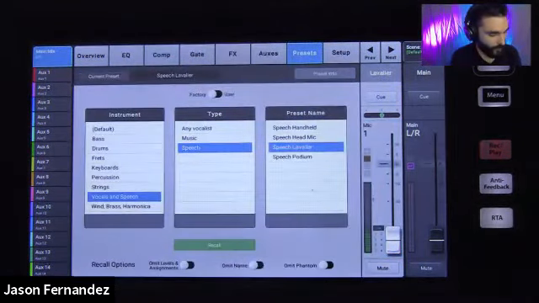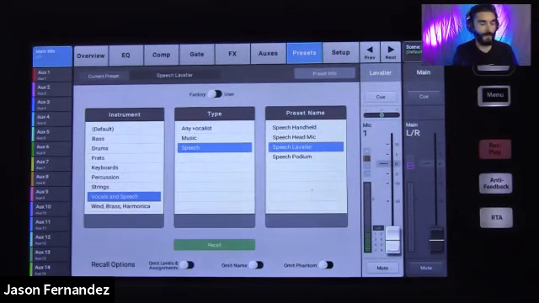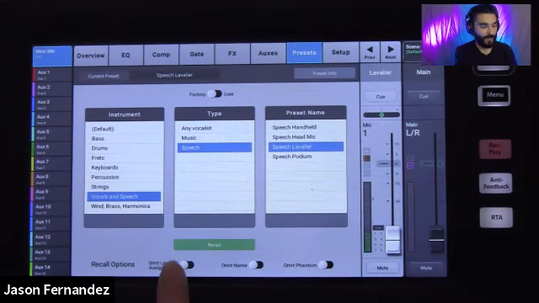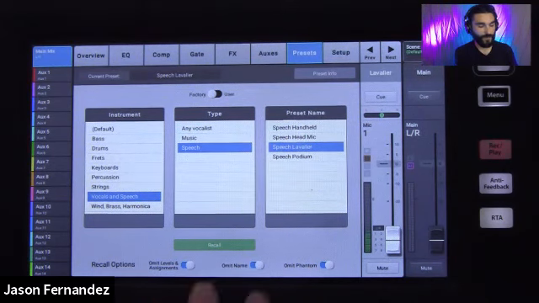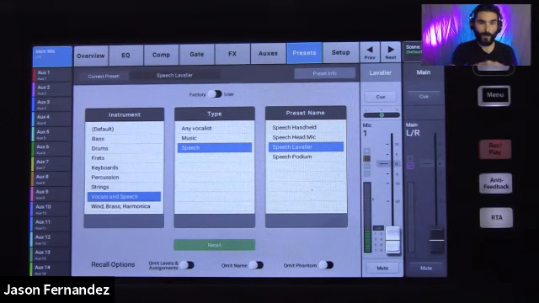Just to highlight a couple of other little options here, anytime you do recall a preset, it's going to pull your channel fader for that channel all the way down. It's going to change the name of the channel, and it may or may not apply some phantom power, depending on what the preset is. If you don't want any of those parameters changed while you're recalling your preset, you can switch these on, and you've got omit levels and assignments, omit name, and omit phantom. And so that will remove those parameters from being affected by your preset recall there.